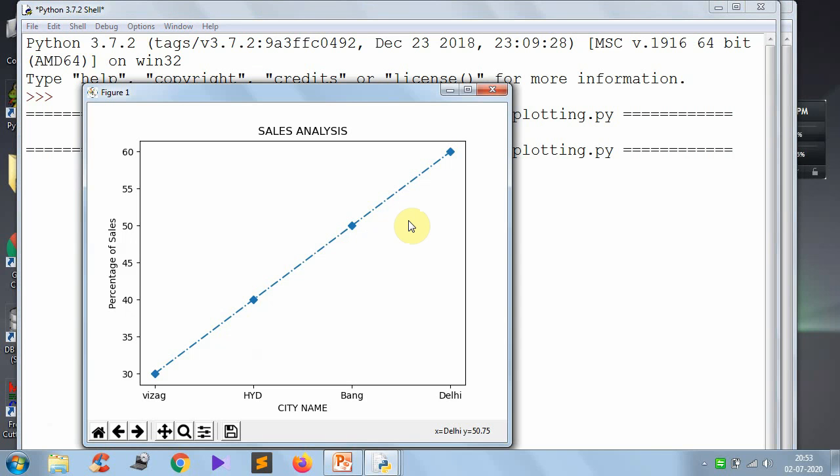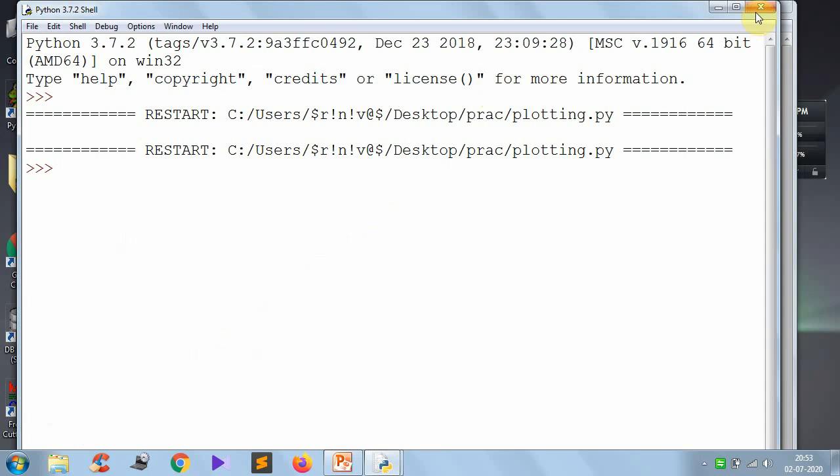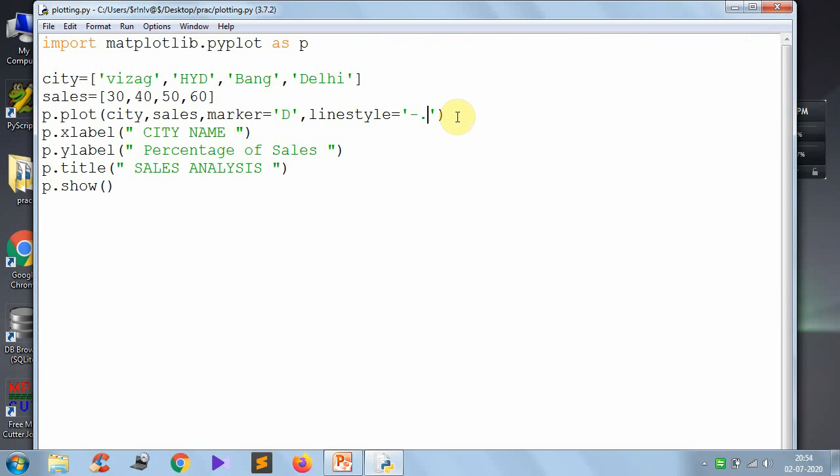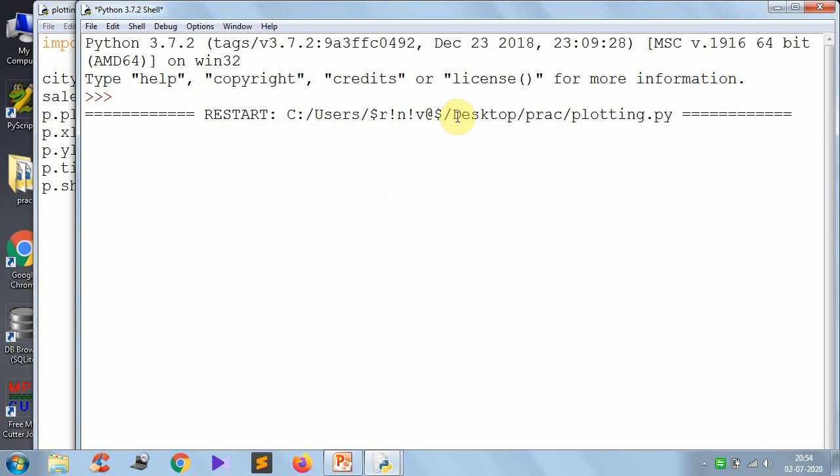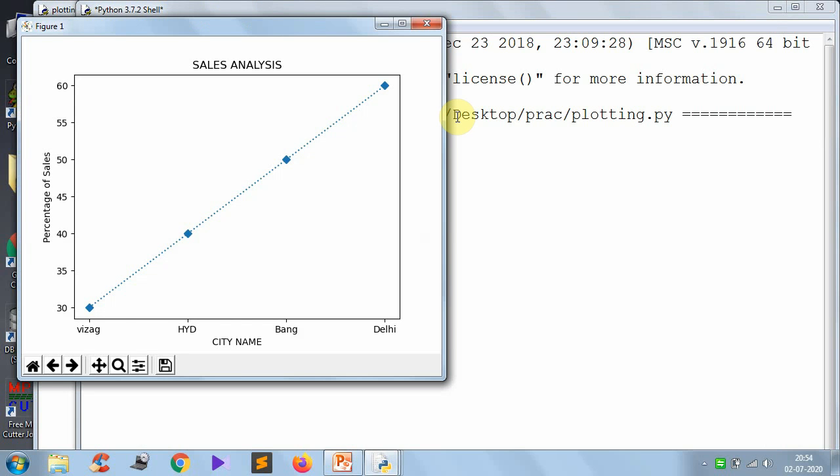For getting attractive figures we have to do all these things. If you want to give only dots, the line will be plotted using only dot symbols, so that it gets some other style.